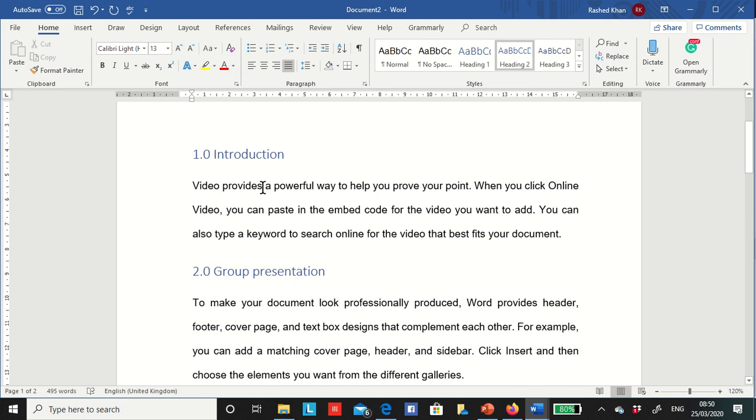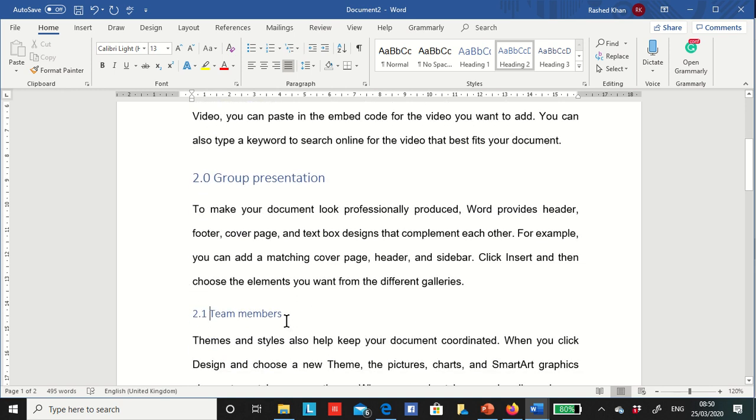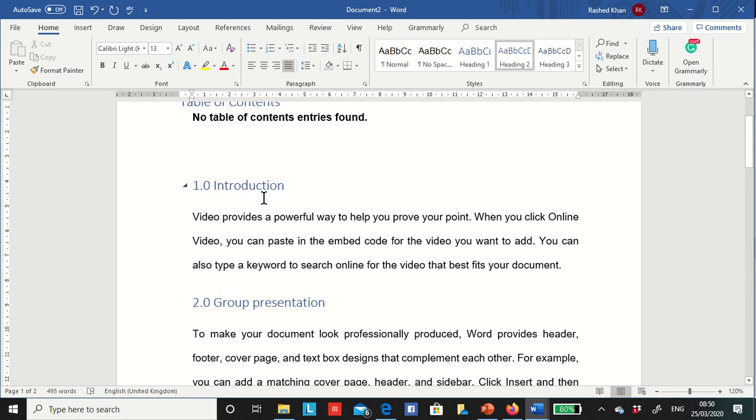Okay, now you can see the headings and subheading have got a different font and different color.